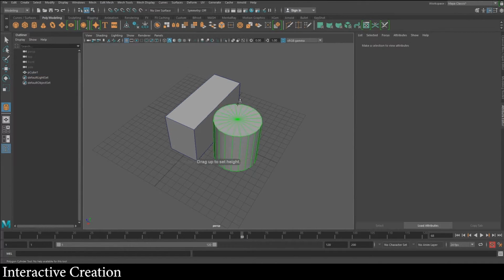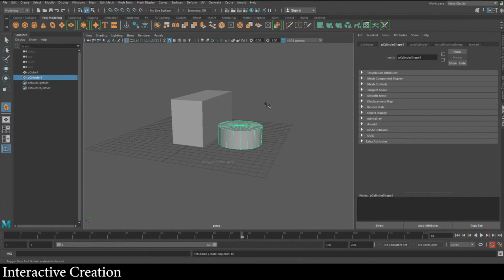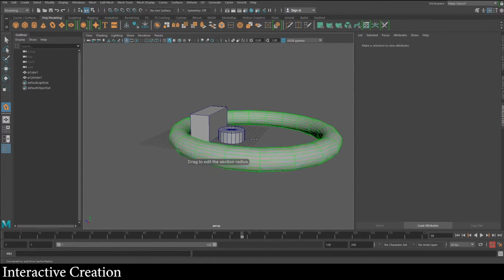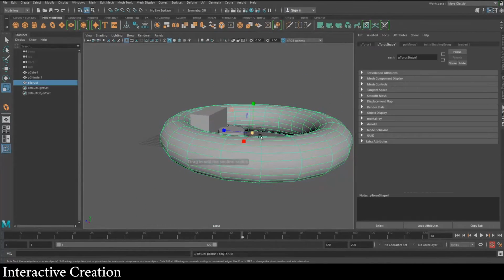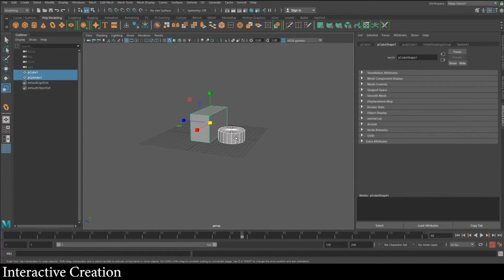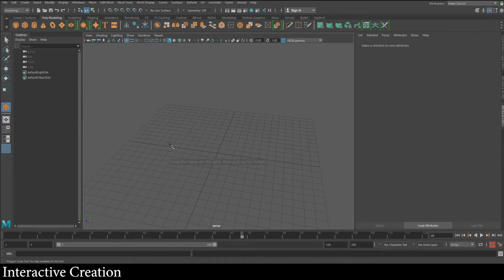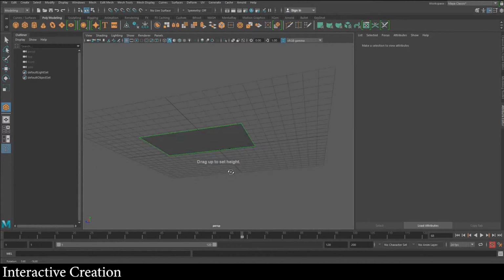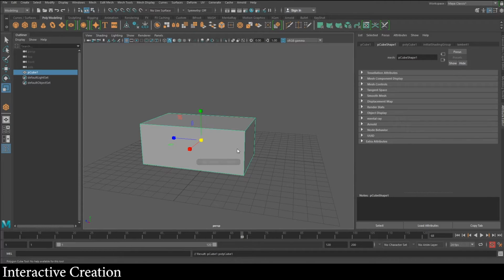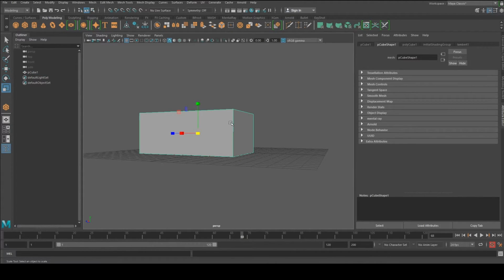You create the base first, and then you can decide the height, or even the torus. You can create it this way, and then you can adjust the thickness afterwards, instead of it just appearing with its default size. Plus, the cube is gonna be created on top of the grid. It's not gonna overlap the grid, which is also nice. So yeah,